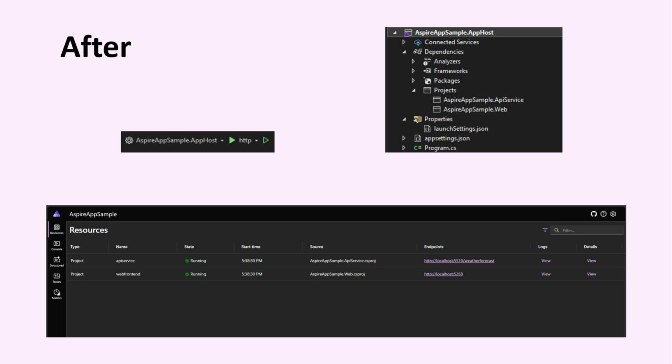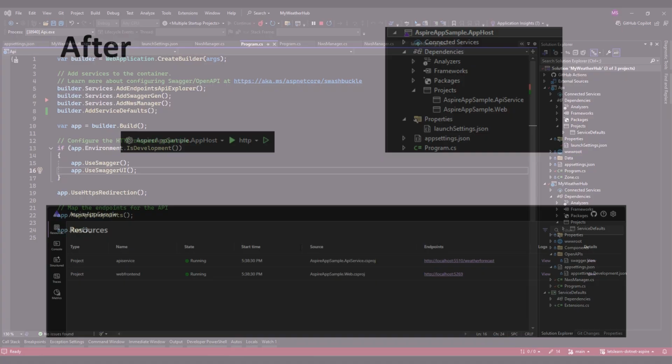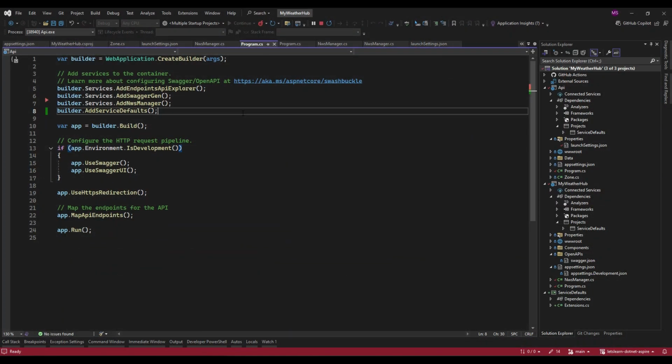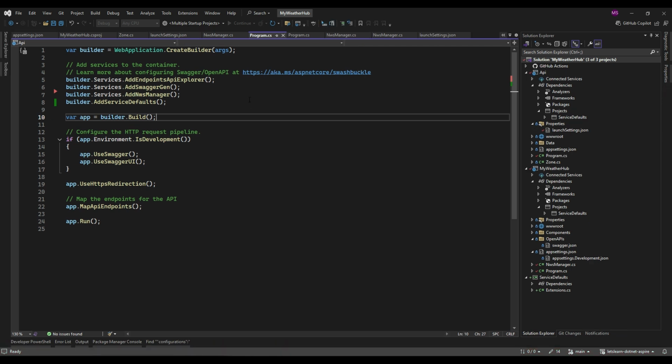So now I've got insight. Now I can see exactly how my application is running and have those two services right next to each other inside my dashboard. So let's go set those up. Let's orchestrate and get this running on the dashboard. Okay, I'll go back over to Visual Studio. So we will stop the project and I'll go back over to Solution Explorer.